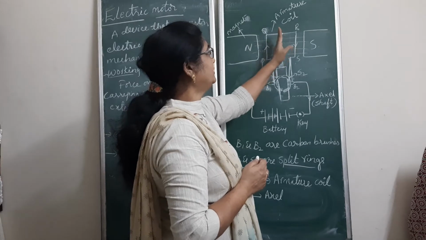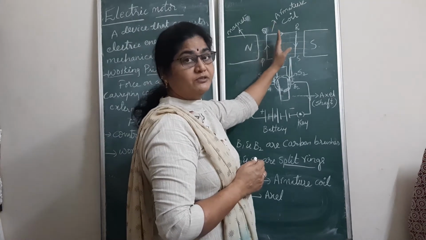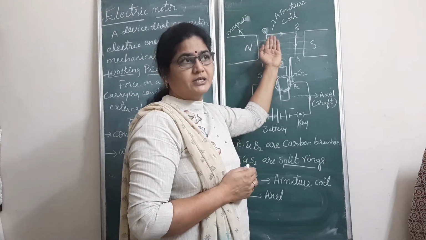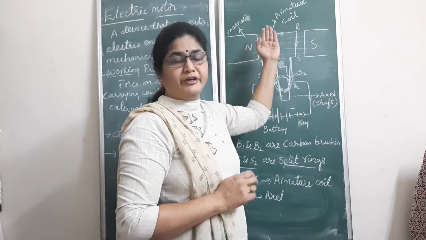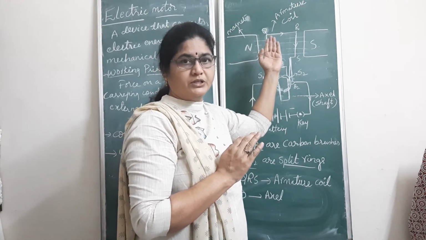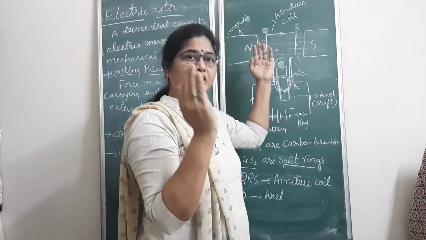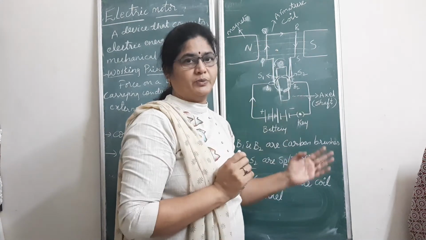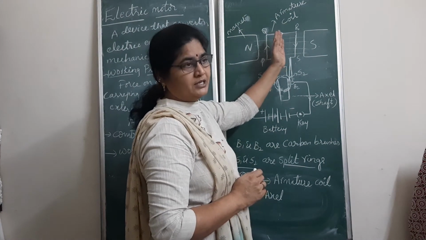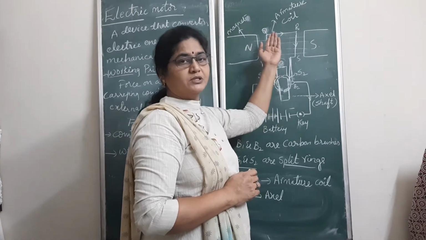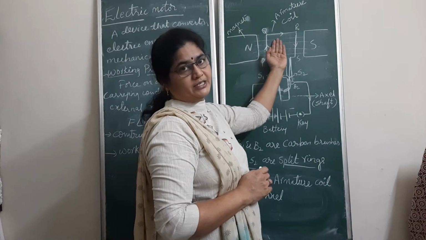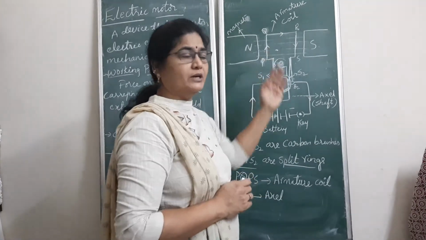So it is already turned to 90 degrees, and because of inertia, it will further continue to 180 degrees. Like for example, if you see a fan, when you switch off the fan it won't stop immediately because of inertia of motion. It will continue to rotate for some time and then it will stop. In the same manner, when this armature coil is rotated through 90 degrees, it will further continue because of the inertia of motion, and it will come to the 180 degrees position.